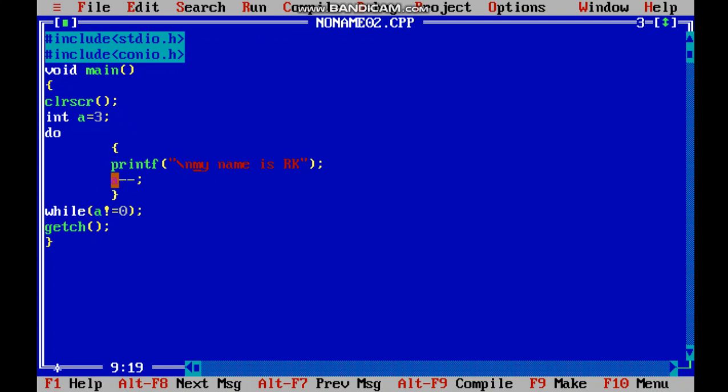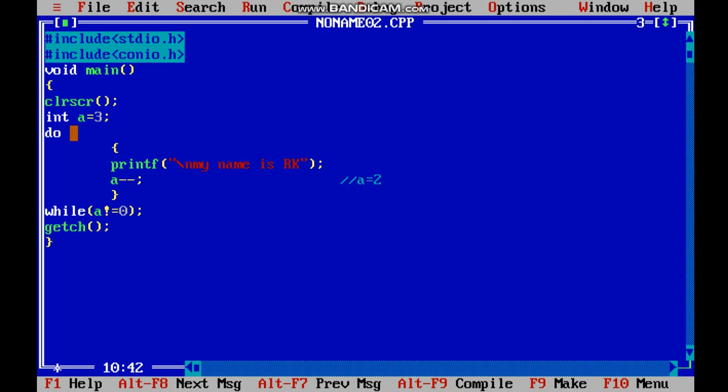So printf with \n means a line is left, and in the new line my name is RK is printed. Now a was 3, and now a minus minus makes the a value 2. At this point the a value is 2 and not 3. Now it will come out of the curly braces and check whether a is not equals to 0.